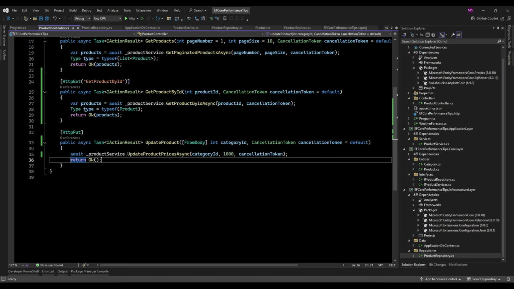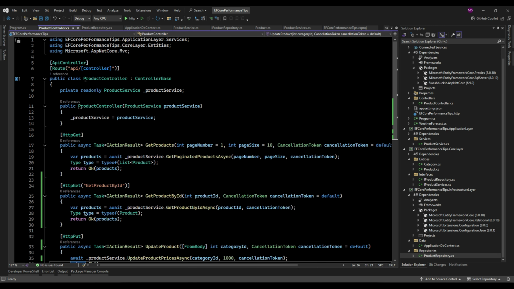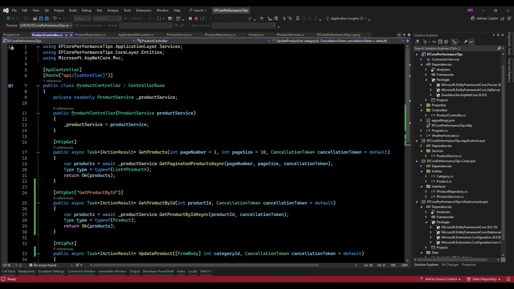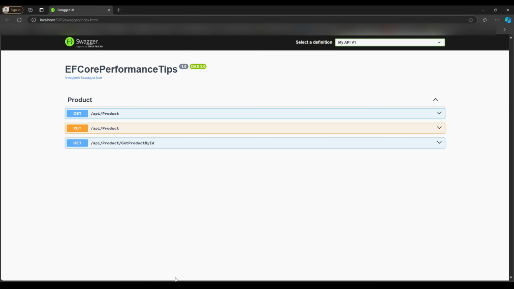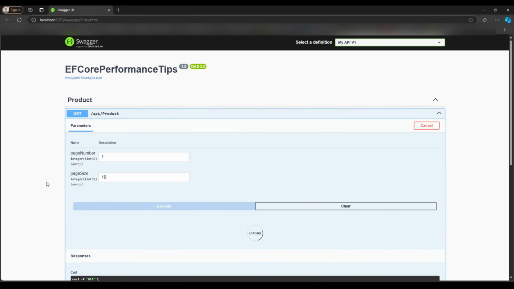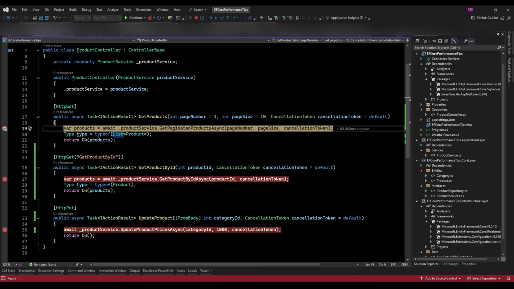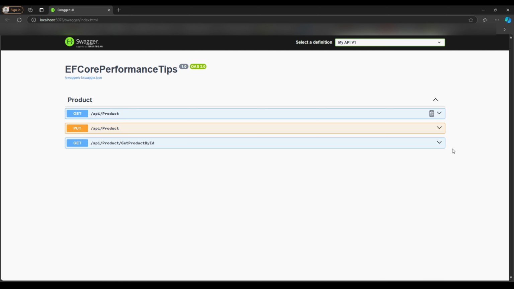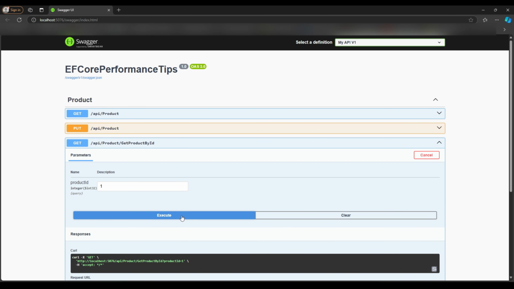Alright, now that we've set up the core functionalities in the Product Controller and optimized it with EF Core performance techniques, let's talk about testing all of these endpoints with Swagger. As I mentioned before, with Swagger, you can test each of these endpoints individually to see how all these performance optimizations really make a difference, whether you are retrieving data, updating prices, or querying single products.